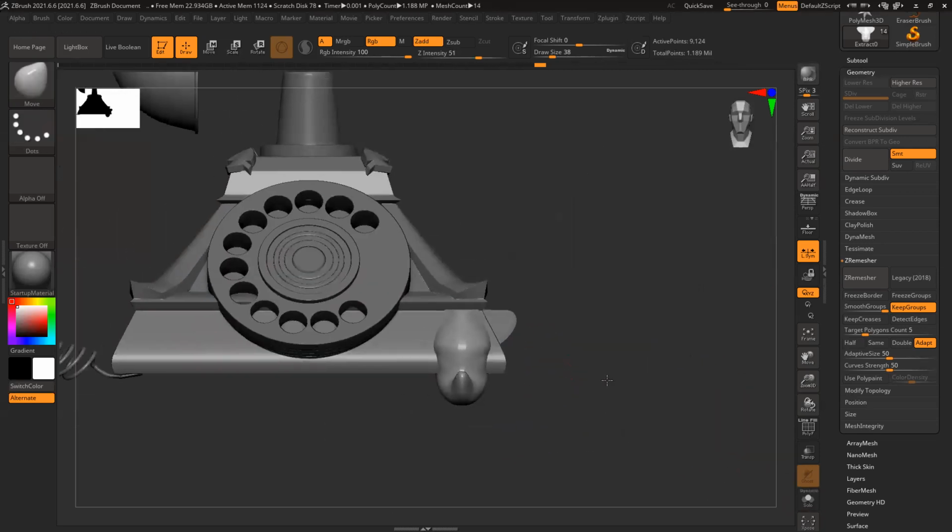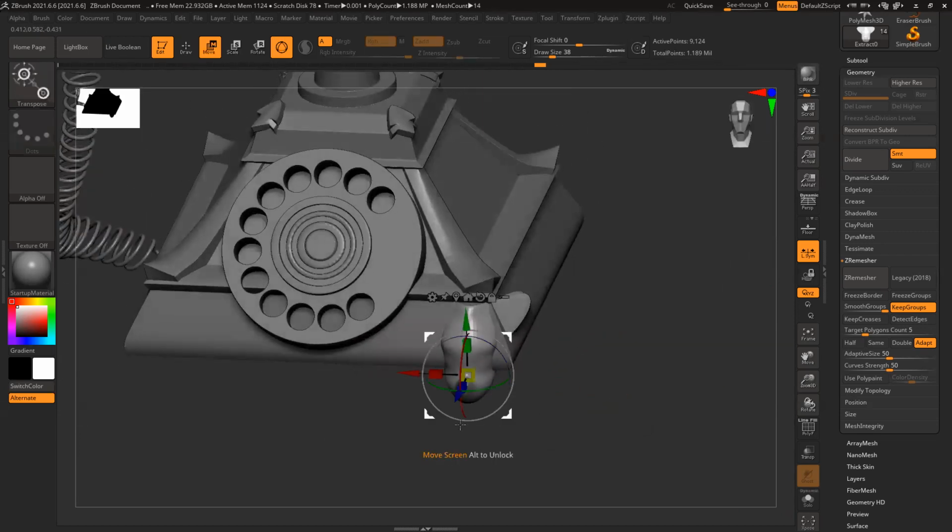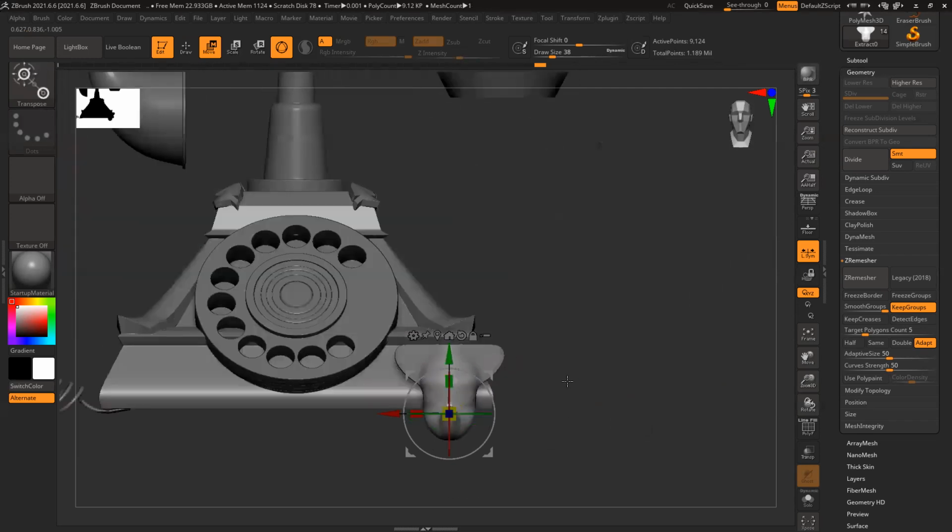Basic shape. Now you can see this thing. And if I want, I can push it outside and check the entire model, like how it looks and all.